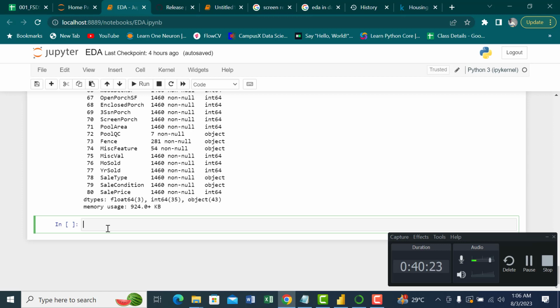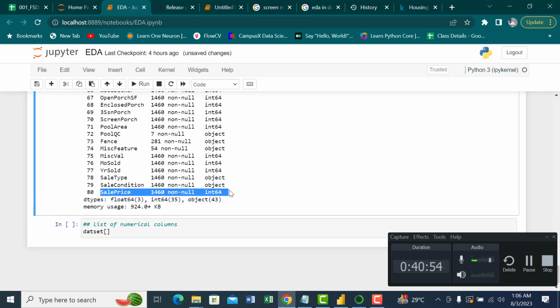So how can we get the list of the numerical columns? लिस्ट ऑफ न्यूमेरिकल कॉलम कैसे मिलेगा हमें? डाटा सेट,